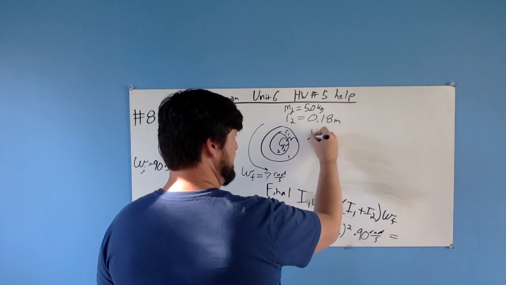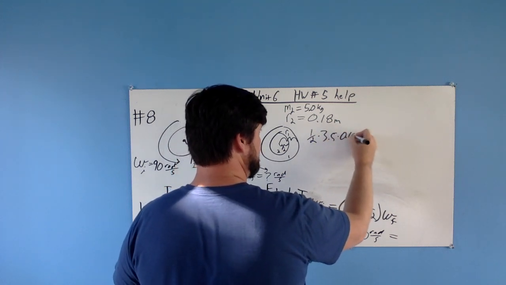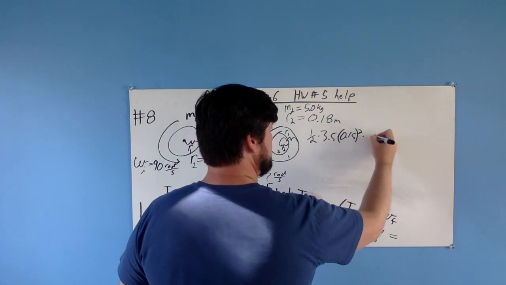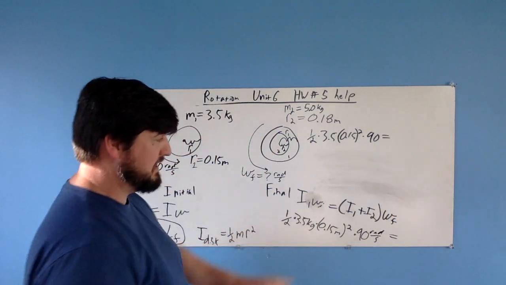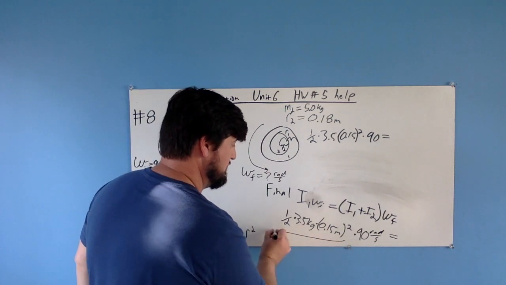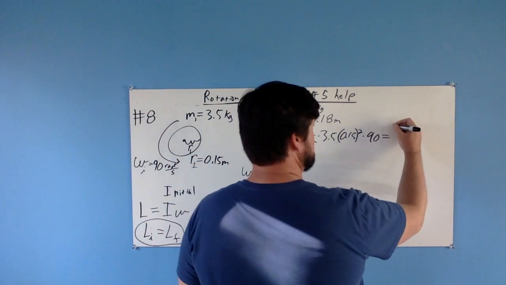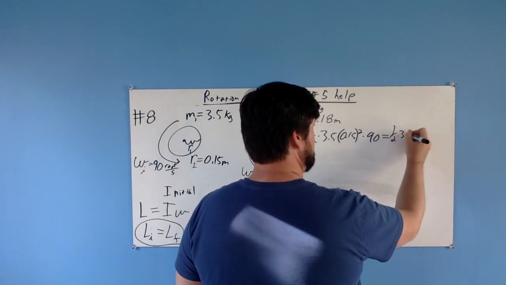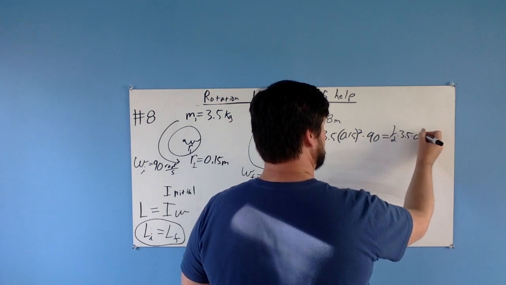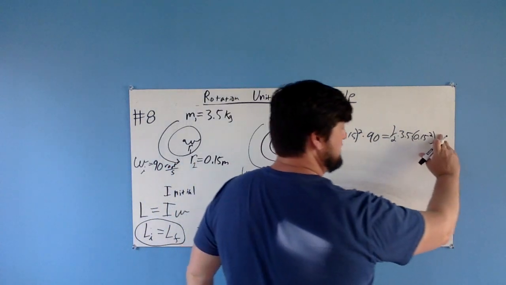on this side I have 1/2, what we already came up with, 1/2 times 3.5 times 0.15 squared, right, times 90. On the other side, now, I1 didn't change, so we still have this whole business here, okay? This is still on the other side, it's on both sides, okay? So we still have 1/2 times 3.5 times 0.15 squared, okay, times, sorry, and now we have the other I,